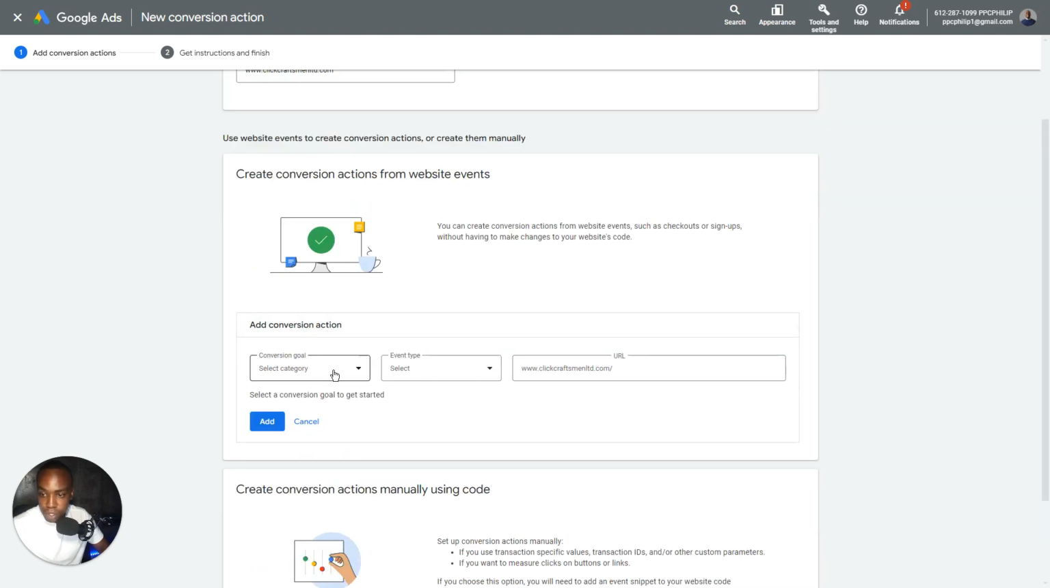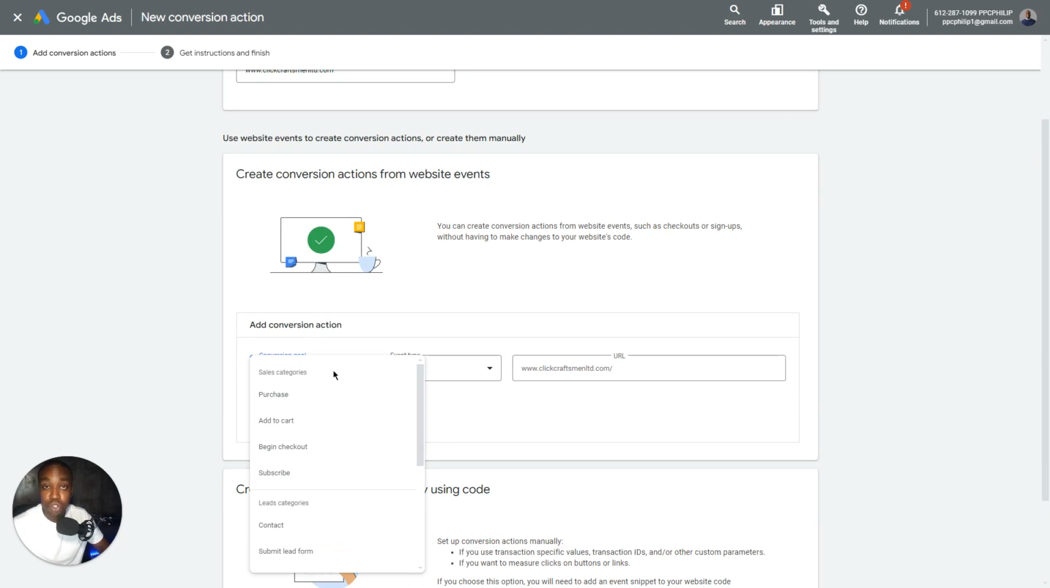So what we're going to do here is select a conversion goal. Let's say we're trying to submit leads, or whatever your goal is, select what your goal is. Let's say you are an e-commerce business, for example. You could select Purchase here, you could have Add to cart, Begin checkout, Subscribe. The thing with conversions is that you can add only one conversion at a time. So it's really powerful if you can really dial in on what your conversions are, because Google also allows you